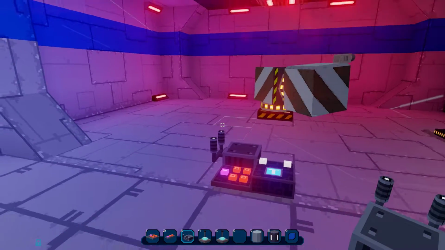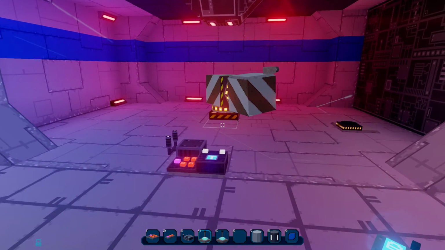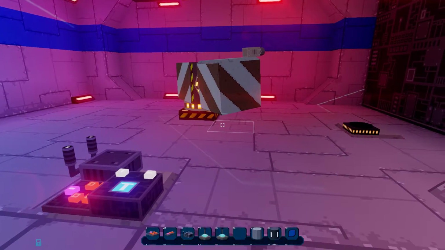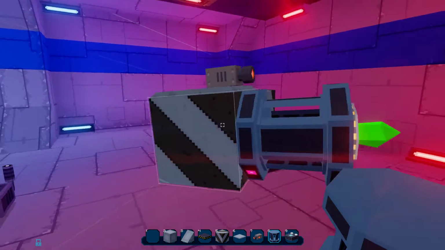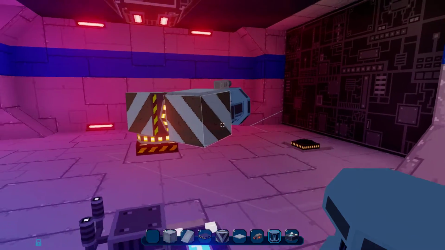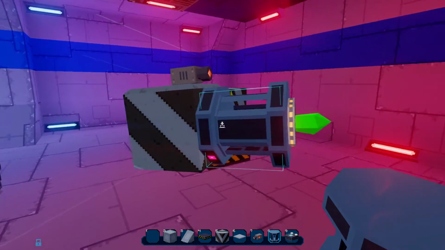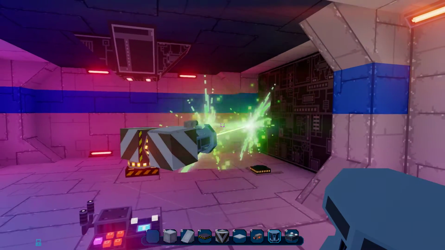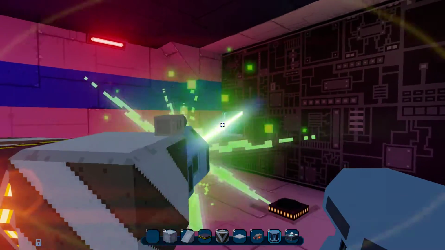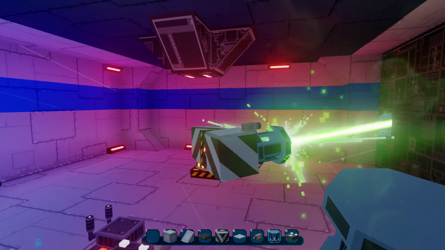Okay, now let's finish this turret by actually putting some weapon on it. So we can put a beam. Sorry, this turret is looking really crappy, but obviously it's just for the demonstration. This is just a beam block that will do some damage to our ship, but that's fine.